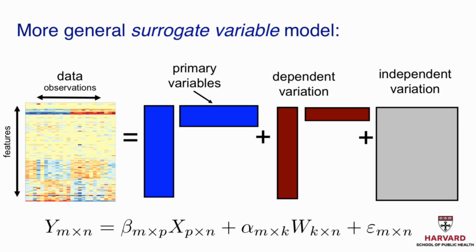So the approach here is difficult because we don't know what W is, we don't know what alpha is, we don't know what beta is. All these things have to be estimated. This seems almost impossible to do, but there is a trick that statisticians have been using for decades called factor